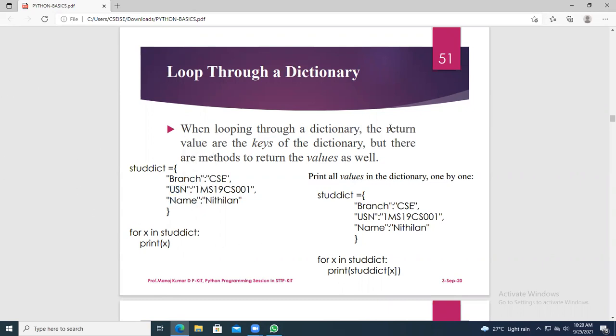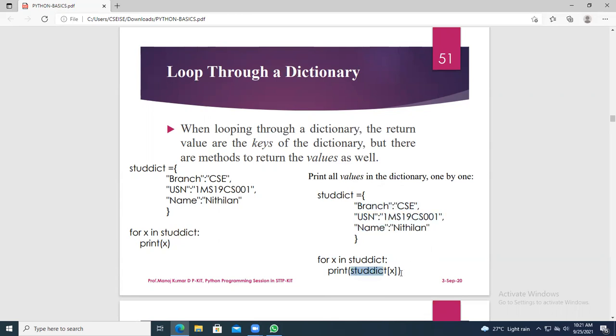Okay. Now if you want to print all the values in the dictionary, what is the change you need to do? Take the same static, take the same for loop statement, the for loop is also the same, but while going for print of X, you give print of static of X. If you give print of X, you will get all the key elements.